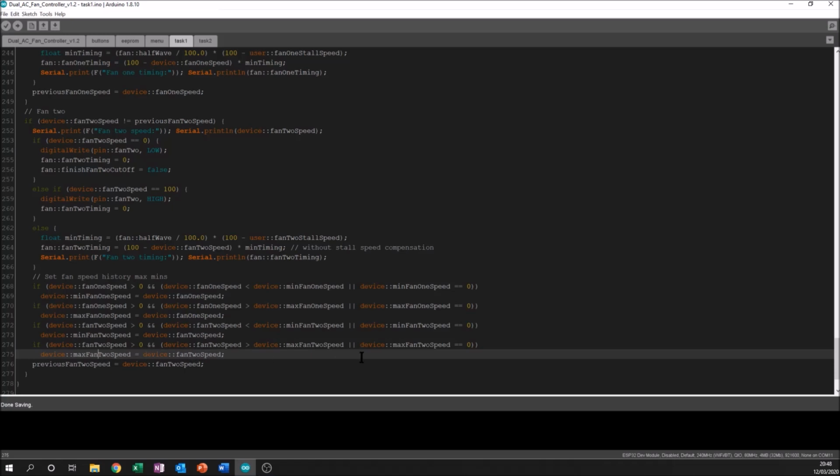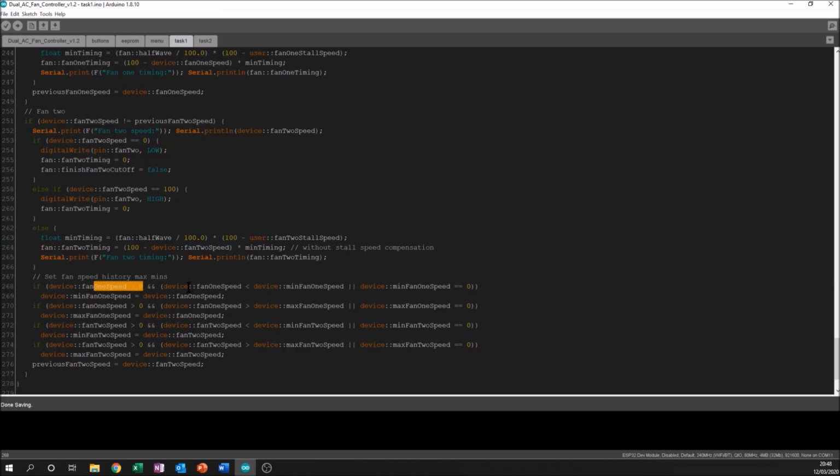Wait, is that? Yeah, max fan speed 2. I was going to say that'd be a misinterpretation. Effectively, these all start at 0. So if the minimum speed is set to 0 by default, which it is, the minimum value would effectively never be set unless you actually say to it, if the fan 1 speed is, well, you could ignore that bit, I suppose,